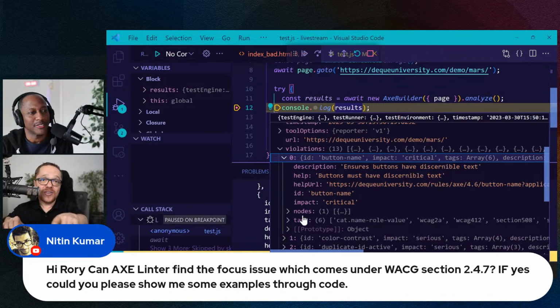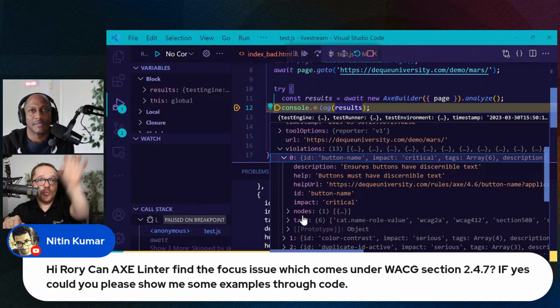But sure, focus issues are very difficult because focus issues actually require you to have context of what you're trying to do. Now, Playwright can actually do that. I wouldn't say that Linter knows how to do that, because remember, focus, you've got to focus on something and you shouldn't remove focus of that. So with Playwright, you can actually say, go click on that, then move over there, and then that field should have focus.